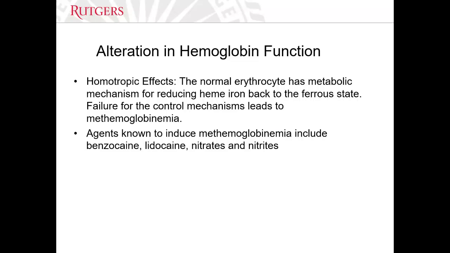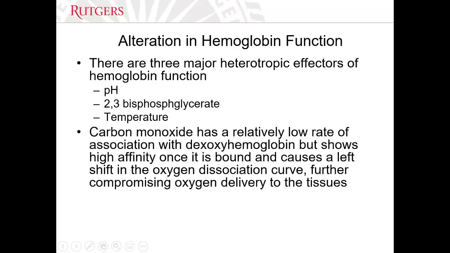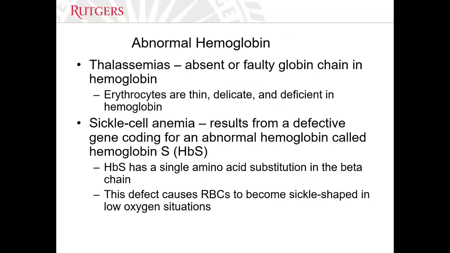And I want you please to remember those examples I mentioned: those topical anesthetic drugs that could result in methemoglobinemia, as well as the nitrates and nitrites. These are preservatives in food that could result in that condition. So please remember those. Again, remember the heterotropic effectors of the hemoglobin function, which can have an effect on the oxygen